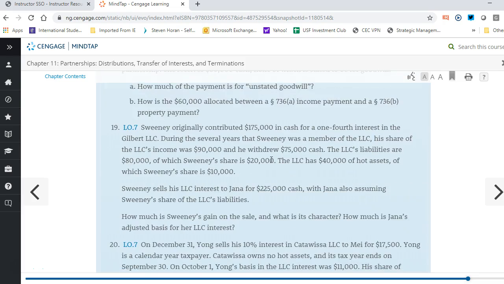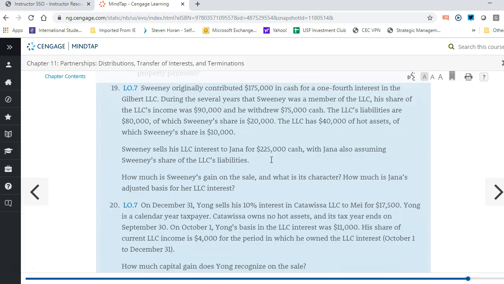I'm skipping 18, so I'll go down to 19. This one deals with Sweeney. Sweeney originally contributed